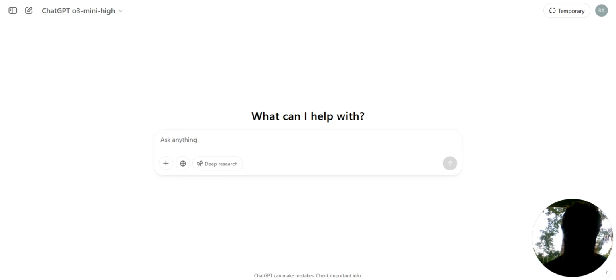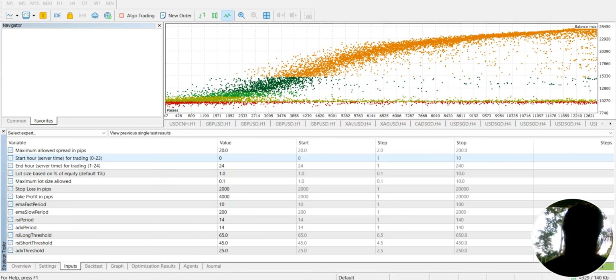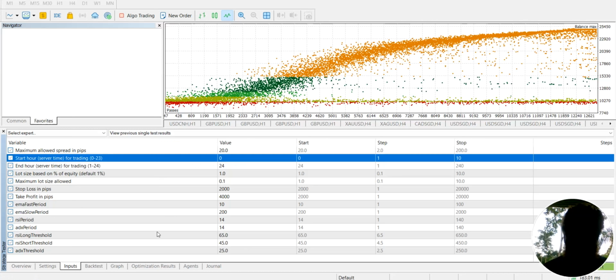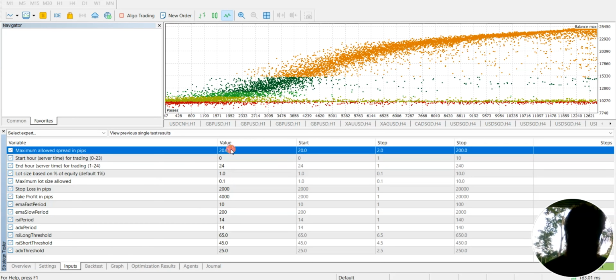Hi traders, in this video we are going to continue. It's all about coding an MT5 EA with ChatGPT. Now you might remember that the last time we coded a very simple starting algorithm which had a spread